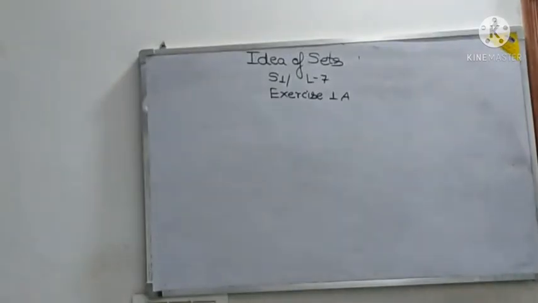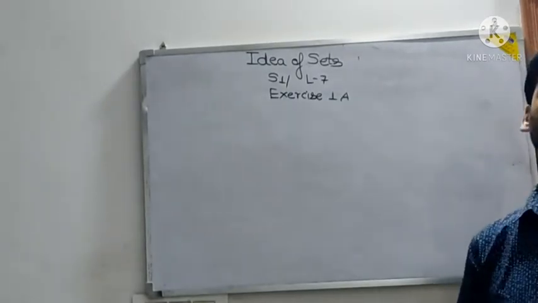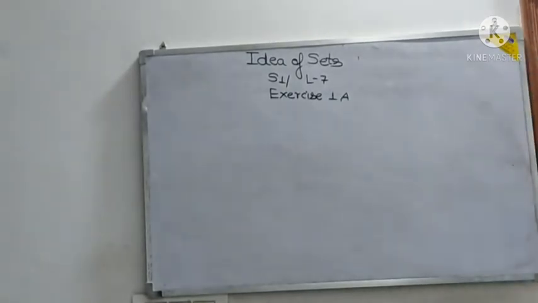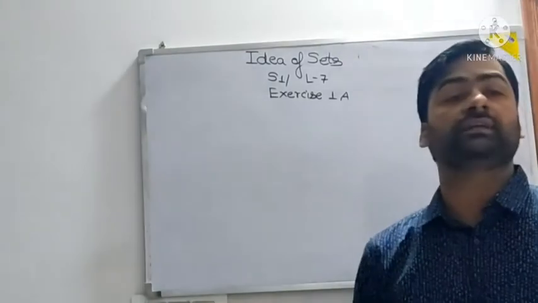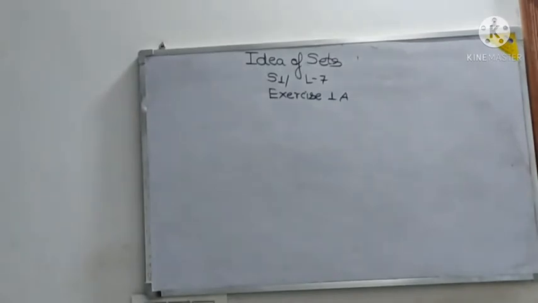Children, welcome to another class of sets, and we had taken up questions from exercise 1A. 6th we had finished and 7th we have started. 7th was to express in set builder form. I had tried to express 7th first part and explain it to you in greater detail. Let's see what more we can do for you.